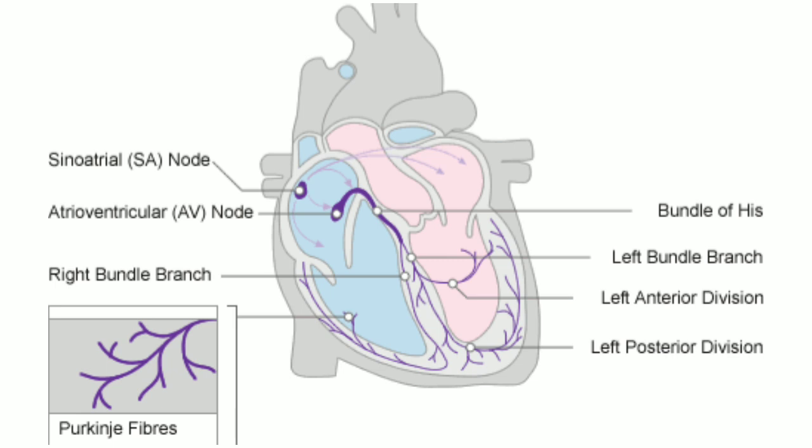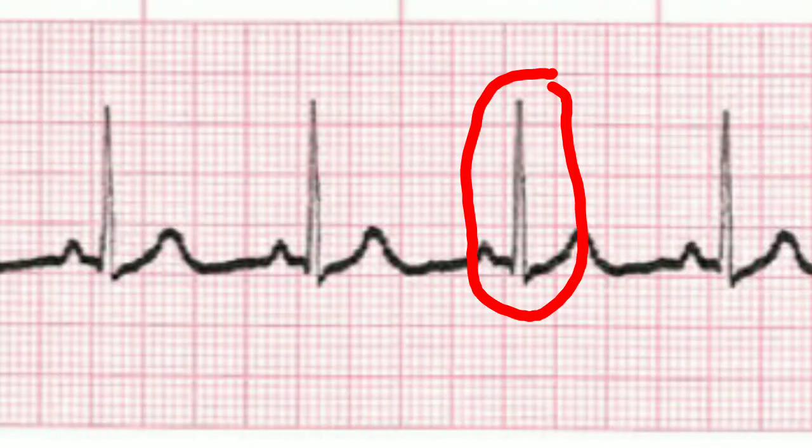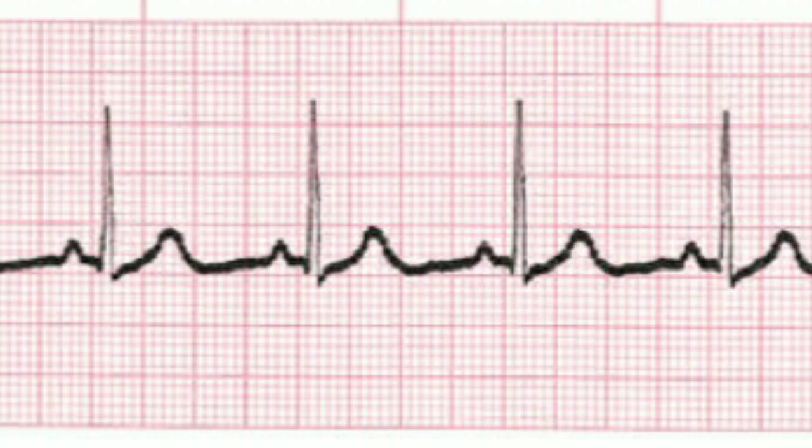the bundle of His, and from there one branch goes through the septal branch into the septum, and the other goes towards the left bundle branch, which has an anterior and posterior fascicle, and the right bundle branch, ultimately ending up in the Purkinje fibers, which are embedded into the ventricular muscle. They depolarize the ventricular muscle and it causes the QRS complex. Because this impulse transmission is very fast, these QRS complexes generate a coordinated contraction or depolarization.